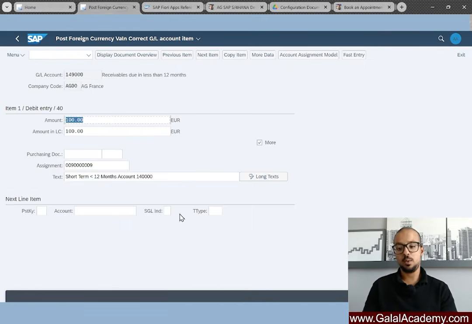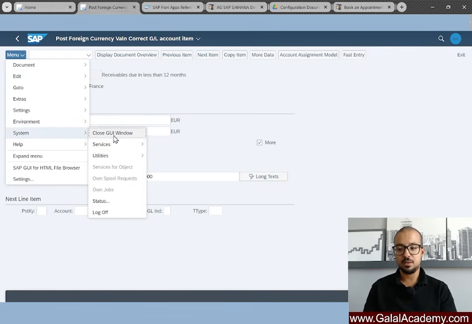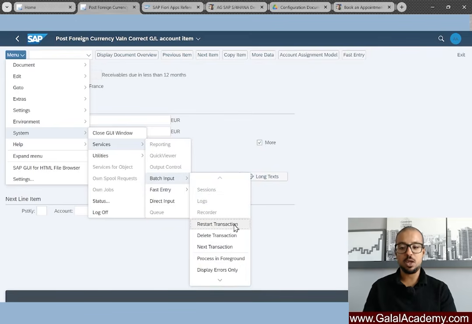Now I can select it now. And if I want to restart the transaction we are in, because it had an error, so if I would like to restart the transaction with the error, this is very important. We go here to menu, again, system, services, batch input, and here we can either do a restart transaction,